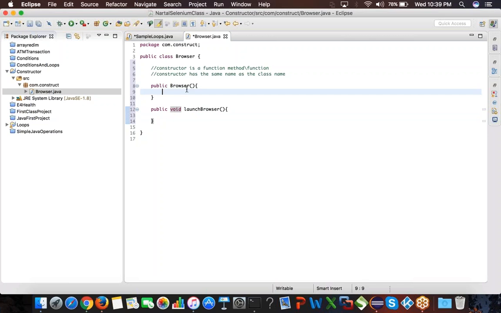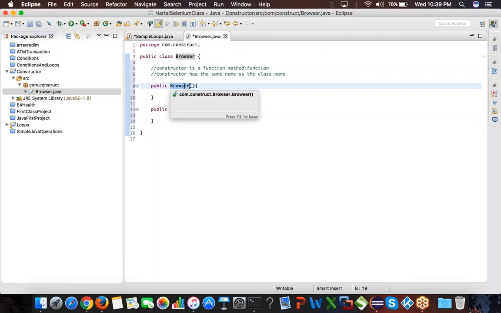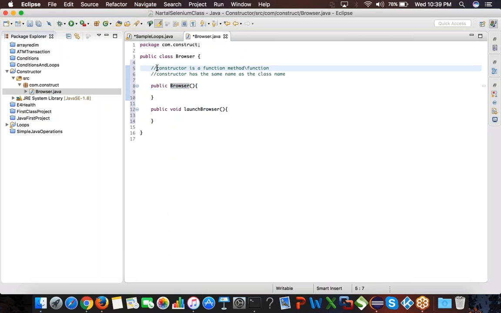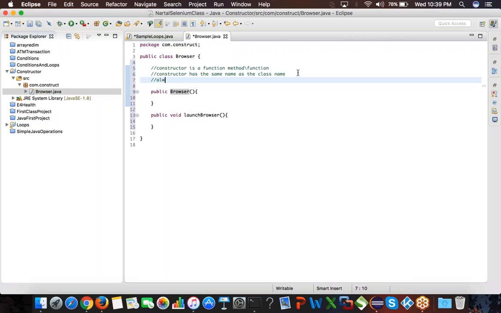We'll discuss that later. Now if you see here, the name of the class and the name of the function are both the same. If the name of the class and the name of the method are the same, then that method is called a constructor. In Java, it's called a constructor, and it's a function. A constructor will always be public,